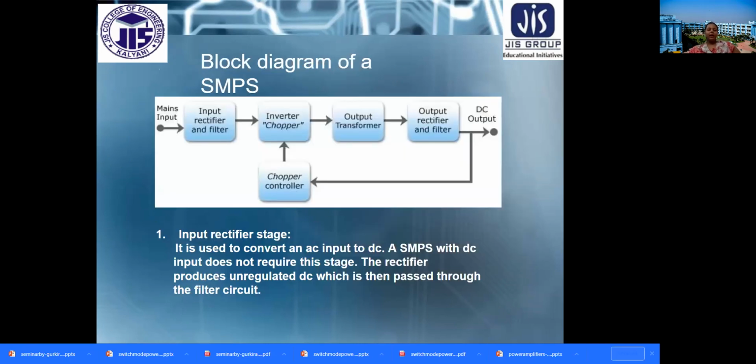So this is the block diagram. I'll suggest you just draw the block diagram of SMPS, because after that you keep the diagram in front of you and we will discuss the operation of different stages. So I'll give you just 5 minutes to draw the block diagram of SMPS. It's also important for your exam. So first you draw the block diagram, have a pen and paper and draw it. It's very simple, just draw it.